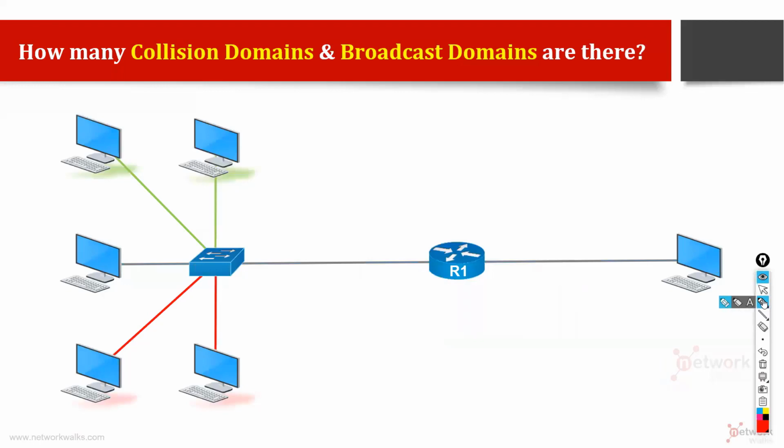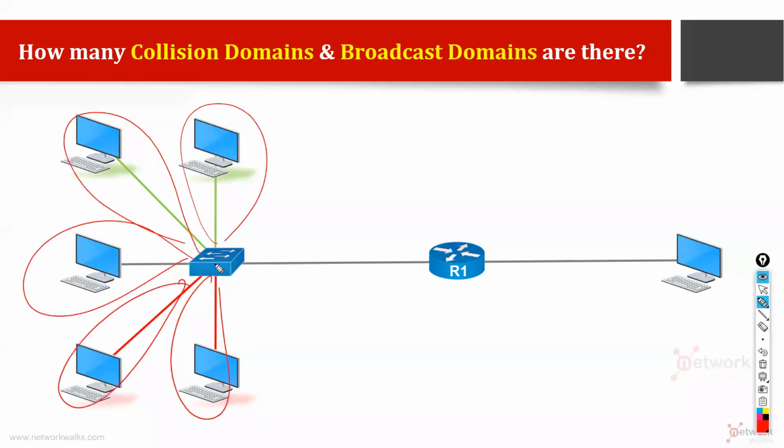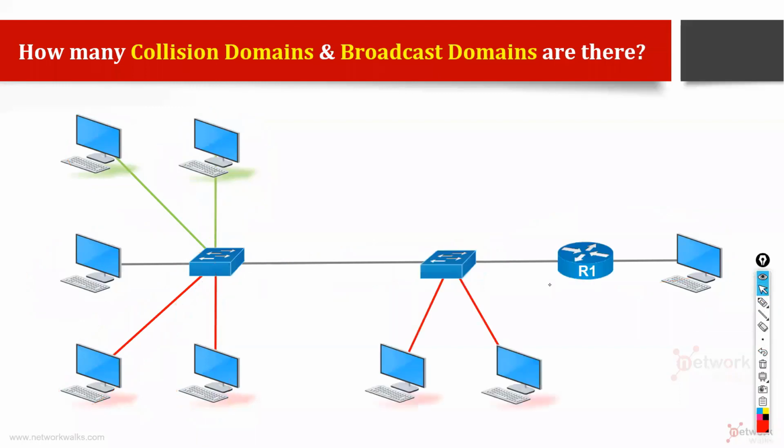Okay, this one now. How many collision domains here? Let's count quickly. Yes, clear, no time to count. William says 1, 2, 3, 4, 5, 6, and 7. Right? Everybody is clear, Albert, Peter, Vincent. So no need to spend much time in here.